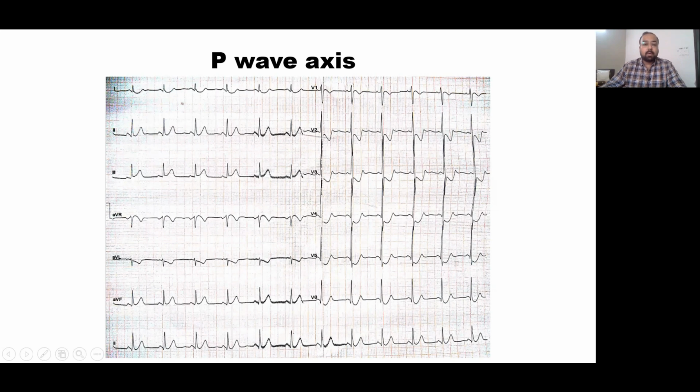This is an example of a patient who presented to the ED with chest pain. There are other abnormalities in the QRS and ST-T segment, and if you can see these abnormalities, do let me know in the comment box below.